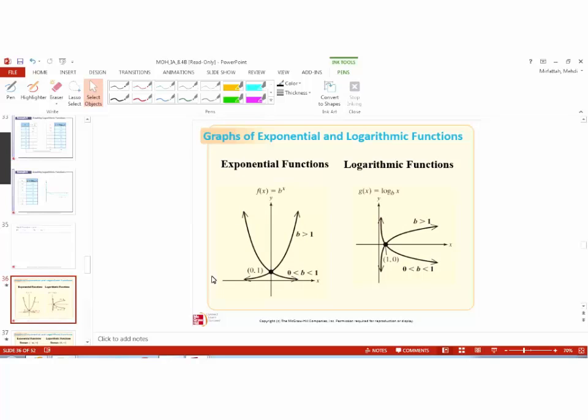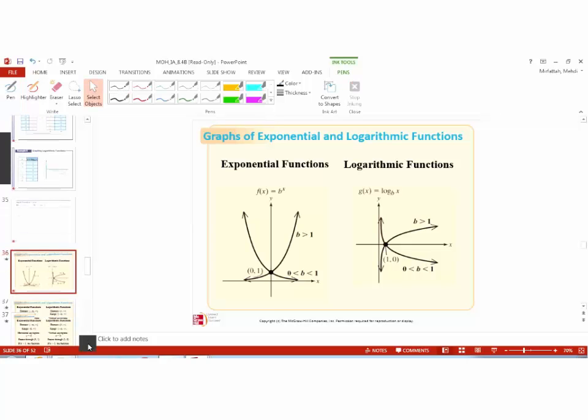As you see, we looked at this before. If you substitute some numbers for x and y, you can verify that if b is positive, here, the exponential graph would behave this way. If it's between 0 and 1, it would behave this way, and so does the graph of the logarithm. So we can easily verify these graphs by simply